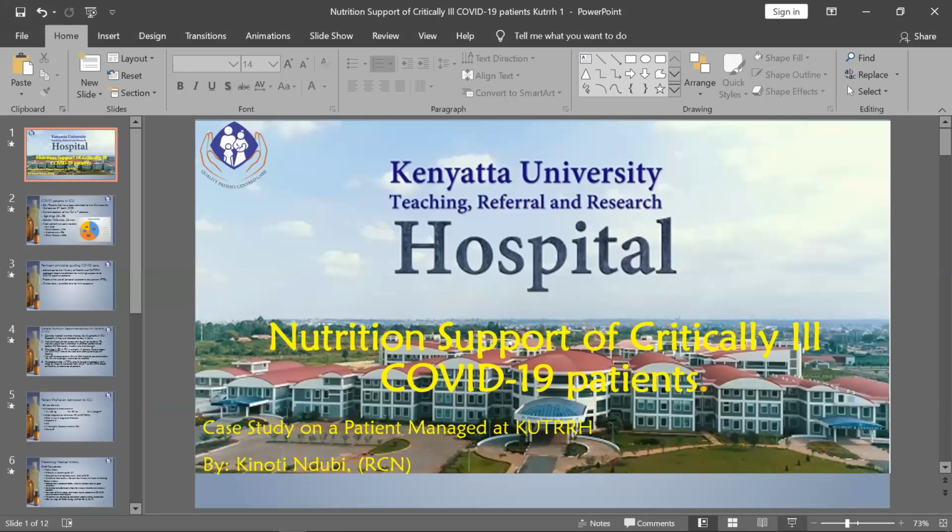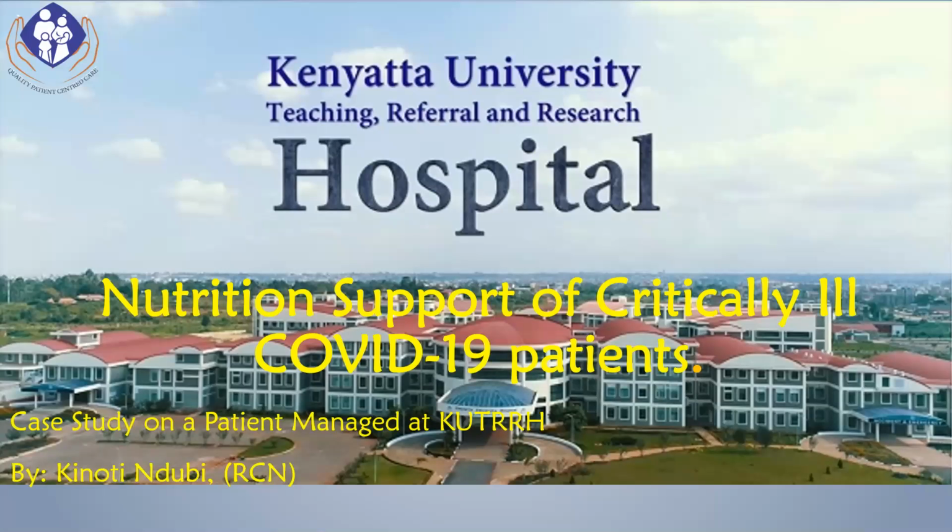Okay, thank you very much, Mercy, for the opportunity to showcase how we manage COVID patients at Kenyatta University Teaching and Referral Hospital. Since our operationalization late last year, I'd like to inform everyone that we have a 650 bed capacity equipped with state-of-the-art medical amenities. The hospital is well equipped to offer oncology, trauma and orthopedic, renal, among other services, including